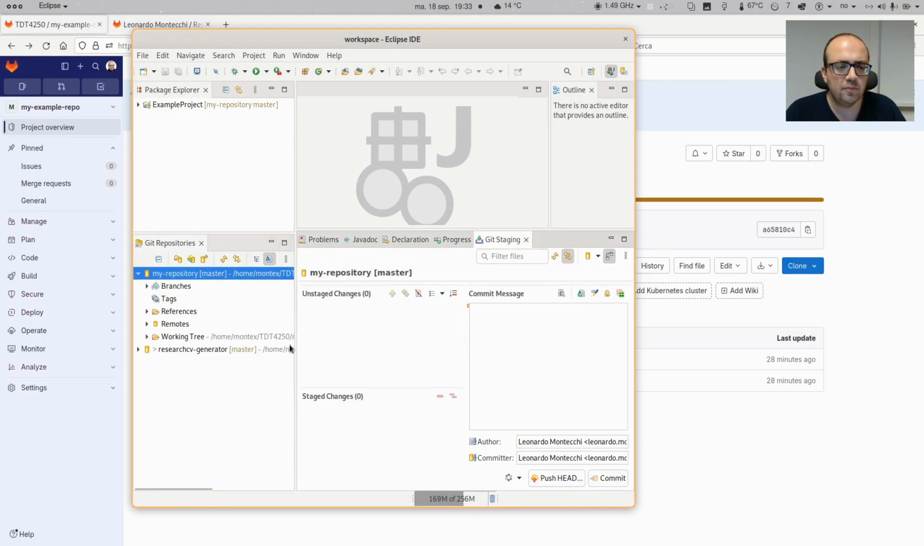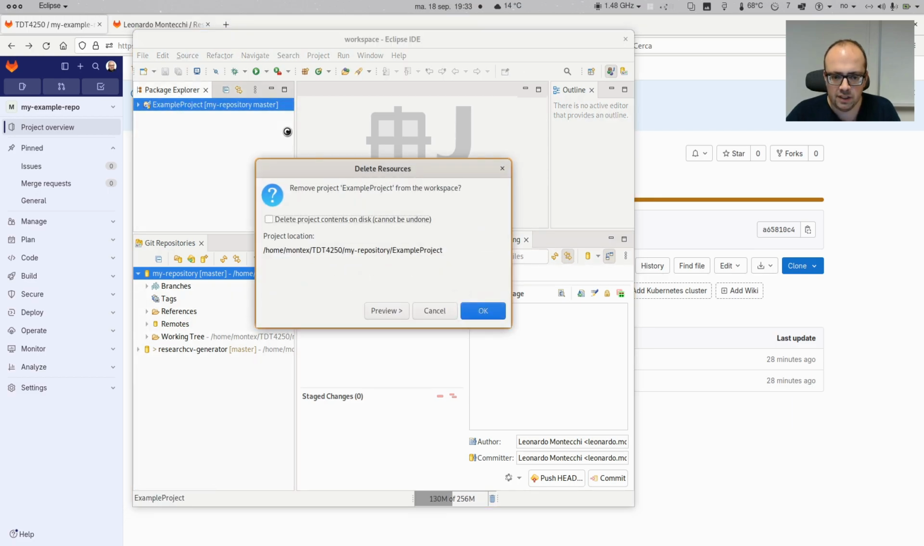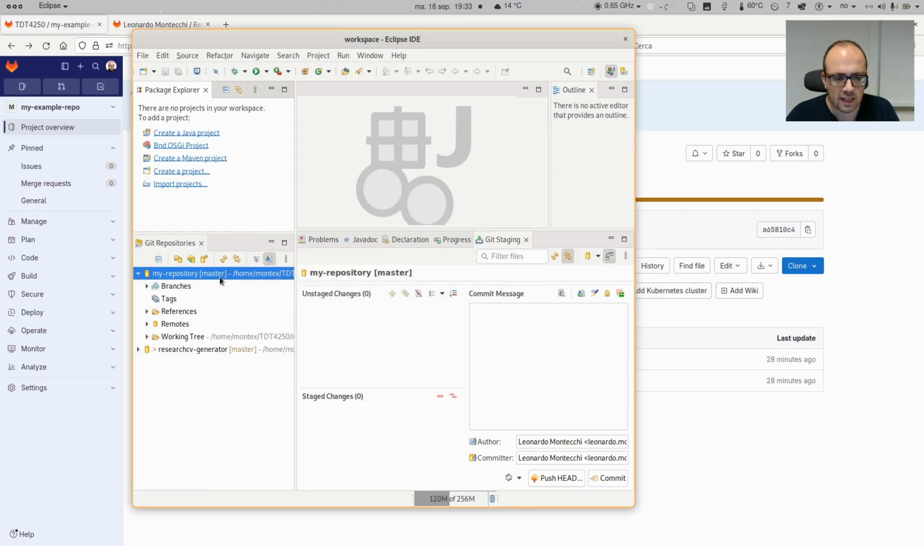Okay, so this is a way. It's maybe not the most convenient way, as you have seen, it takes some configuration to create the repository locally and then push it in another place. What you can do is to import a repository. I will remove this one, and you can